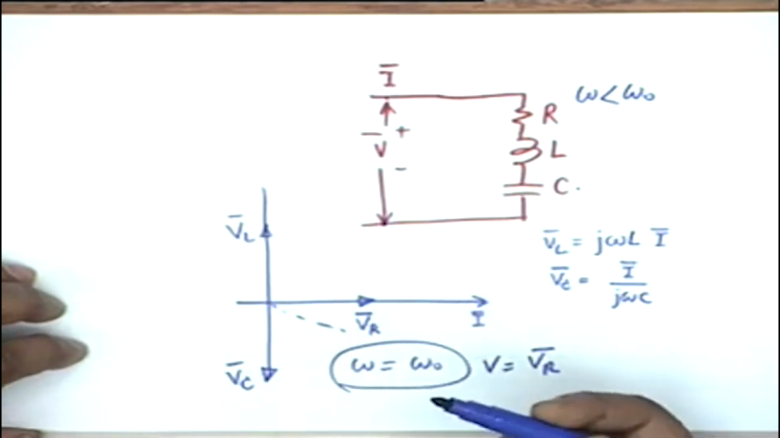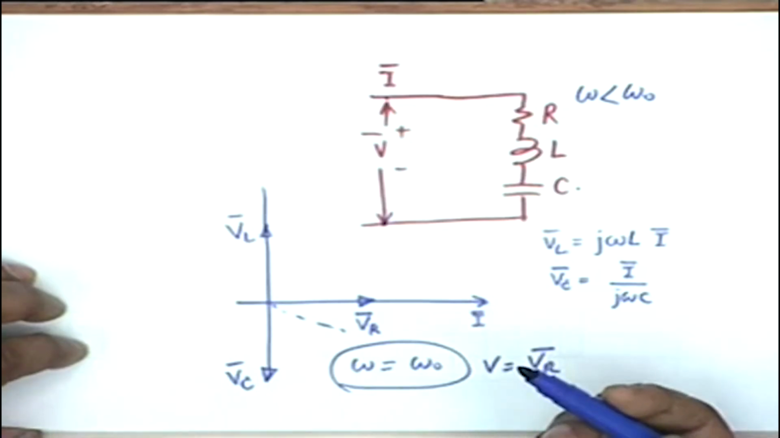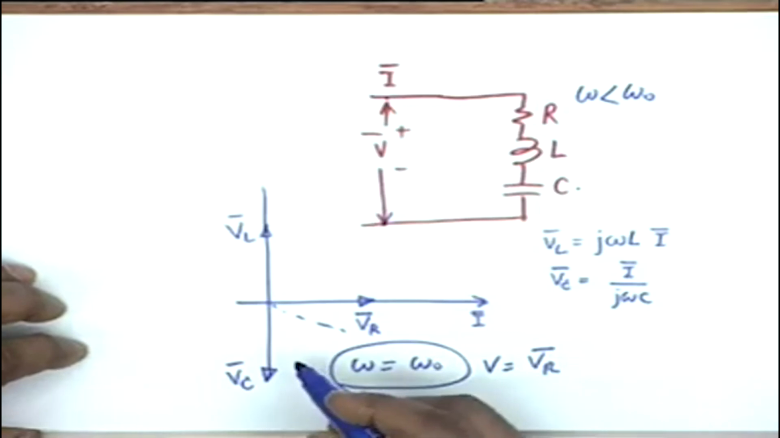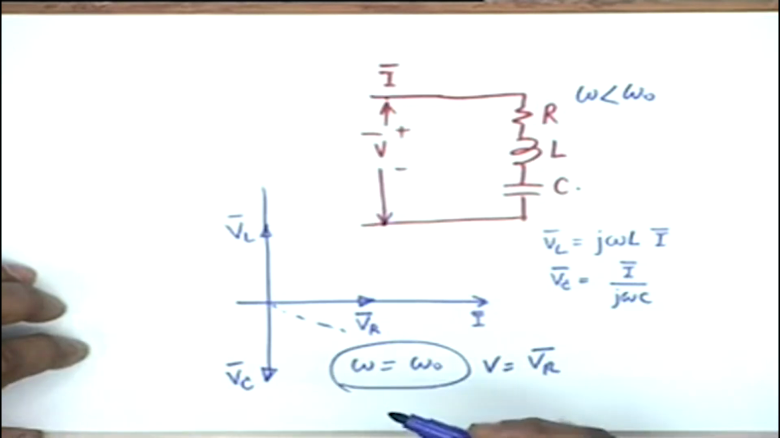Similarly, if the frequency is above resonance, the voltage leads the current I, and the angle of lead or lag depends on the angle of the impedance Z, that is tan inverse of (omega L minus 1 by omega C) divided by R. This is the story of